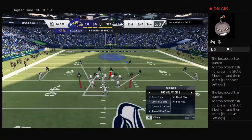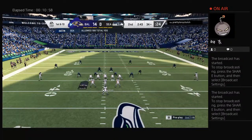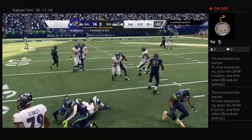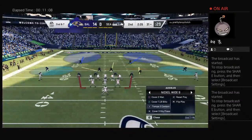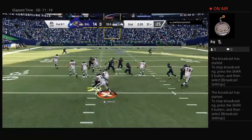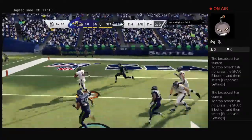Well, I'm going to rest and relax a little bit, and so are you, but you're exactly right. It won't take us long to start to say, okay, when does camp start? How about OTAs, mini camps? We'll follow the draft. We'll do all the football things, but there'll be nothing like Thursday, September 10th, 2020, and they'll likely be in Arrowhead, right? They'll likely be there for Kansas City. I know it's not a given, but after winning the Super Bowl after a 50-year wait, would that...